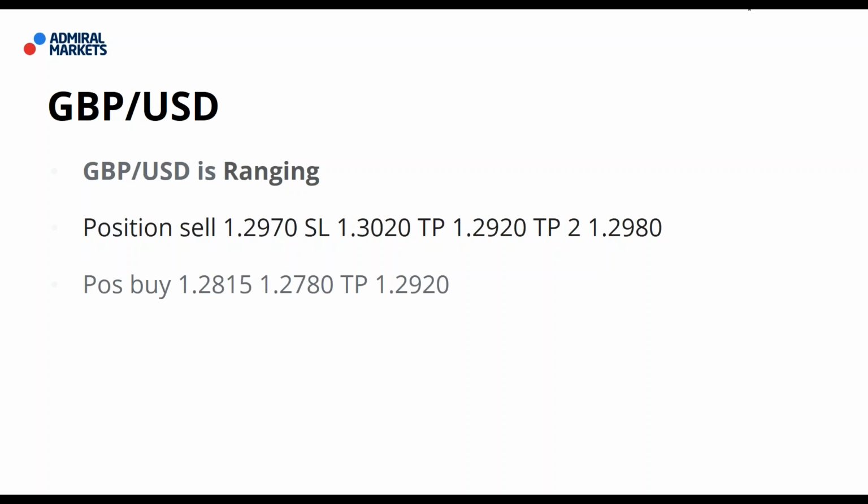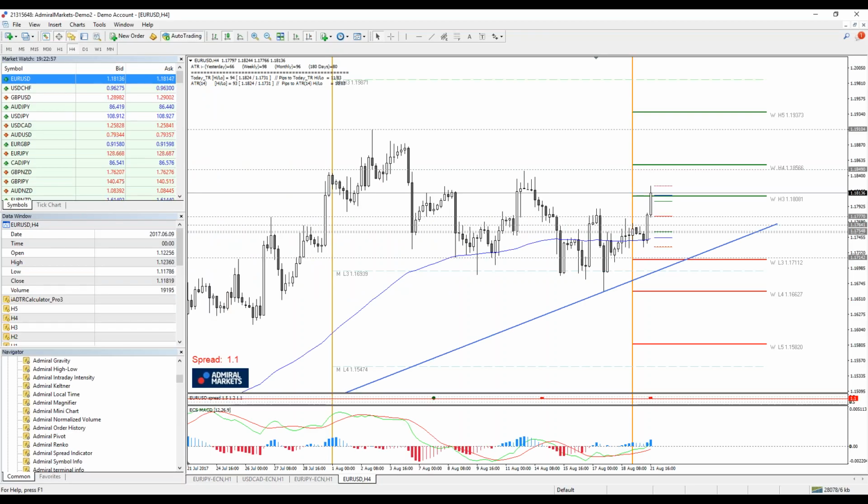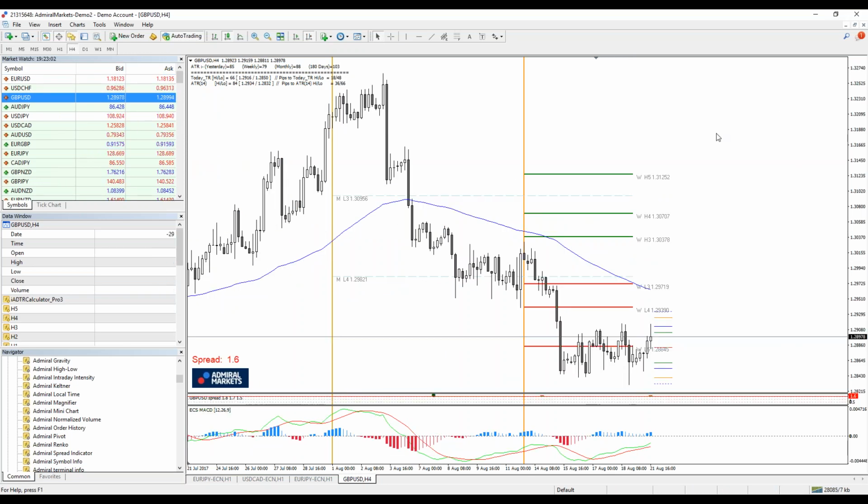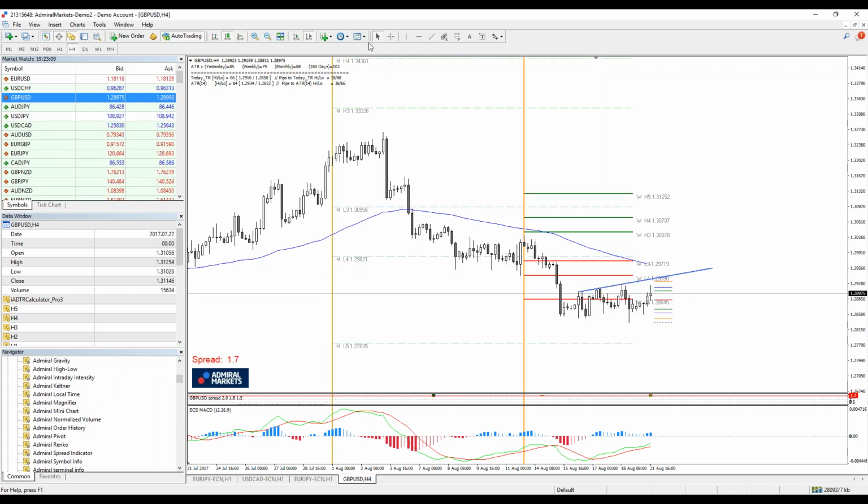Pound dollar, I made the analysis. You can read it on Forex Empire. But at this time, I think 29.70 sell, 28.15 is buy. And this is your GBP dollar. Now you see even on the 4-hour time frame, it's very visible. This is a broadening bottom, megaphone bottom, or simply a megaphone.